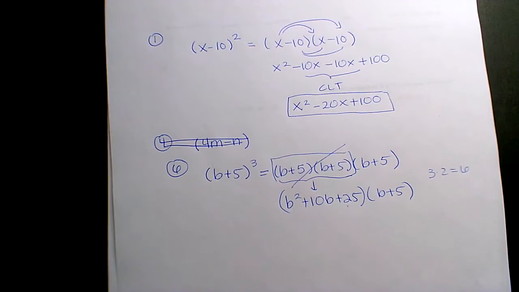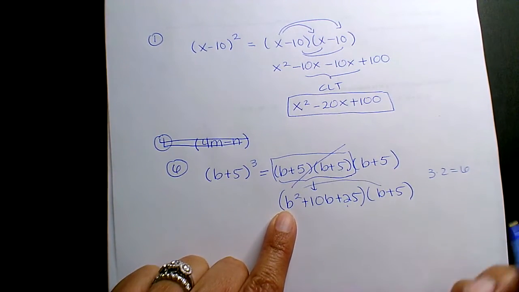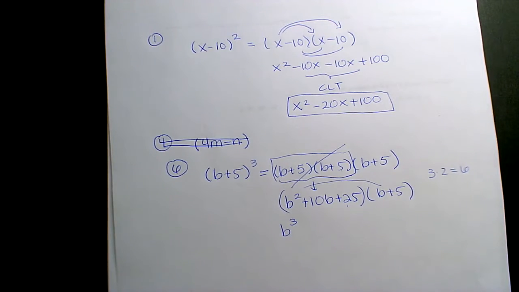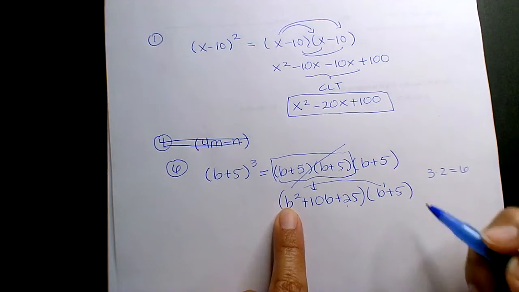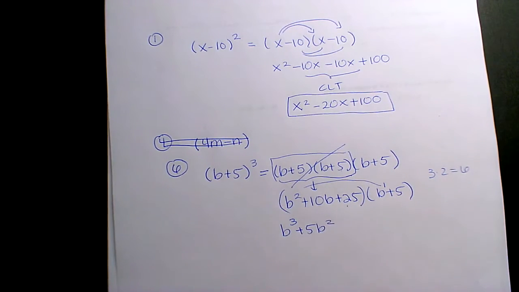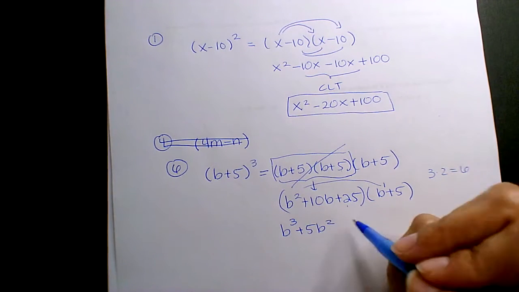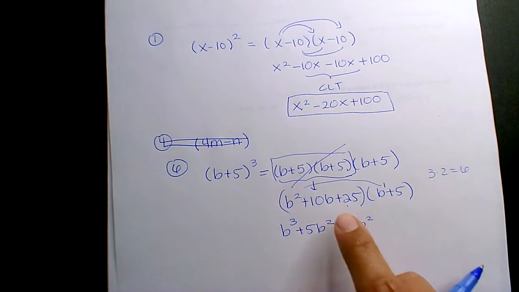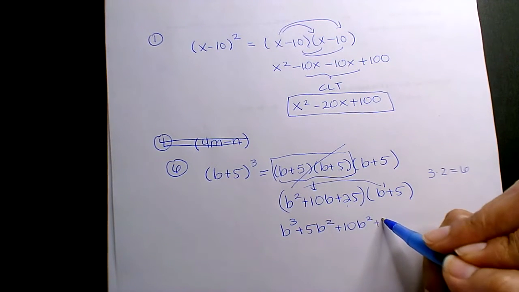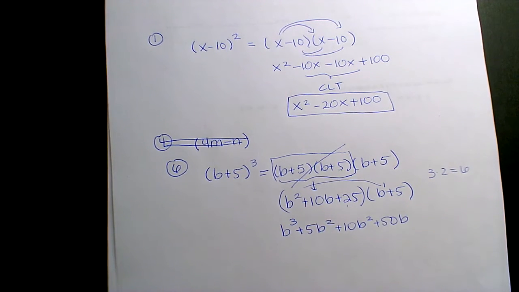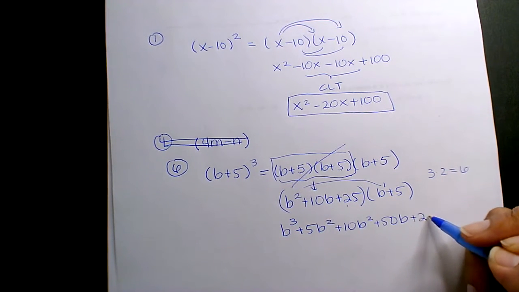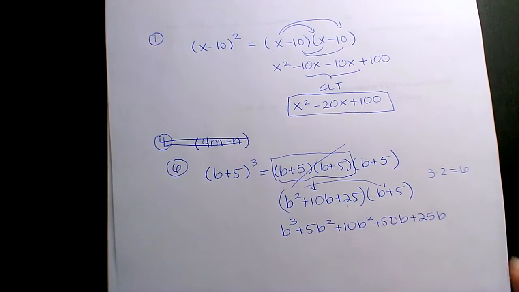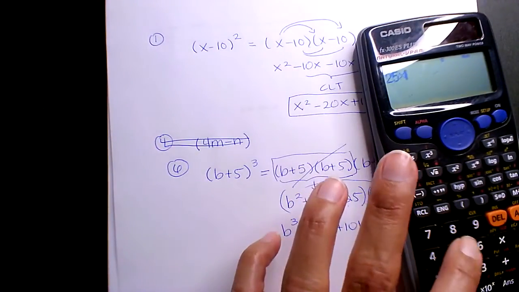Okay, all right, so what is b squared times b? B cubed, because 2 plus 1 is 3. B squared plus 5, 5b squared. Okay, so I'm done with that one. So now move on to the 10b. 10b times b, 10b squared. 10b times 5, 50b. Okay, so now go to the third. 25 times b, 25b, 25 times 5,